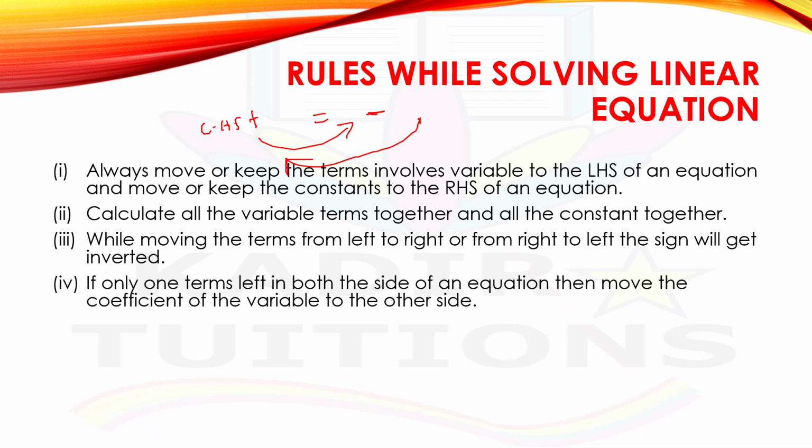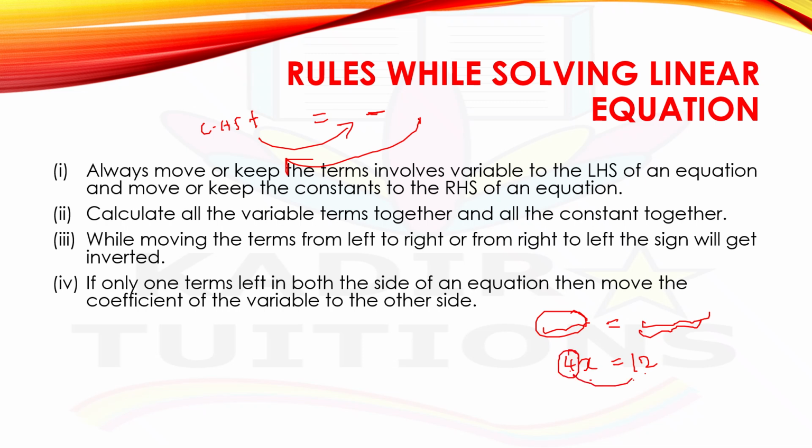And the next one, if only one term is left, so you already did, so many terms are there on the LHS and so many terms are in the RHS. So I clubbed it together as a single term. Consider this as 4x, and here also I clubbed it together as a single term. Consider this as 12. So if there is only one term on each side of an equation, then we can move the coefficient of a